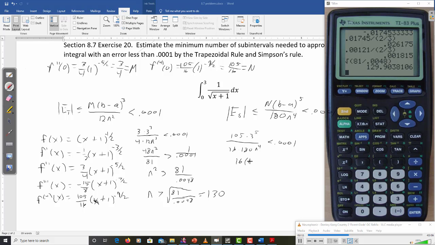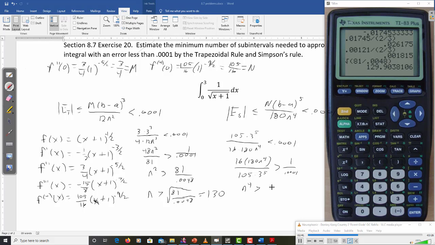I'm just going to wait to do all my arithmetic till the end of this one, since these are going to be quite large numbers. 3 to the 5th is, what, 243, I think? Greater than 1 over 0.0001. So I think that is 10,000. Anyway, so n to the 4th